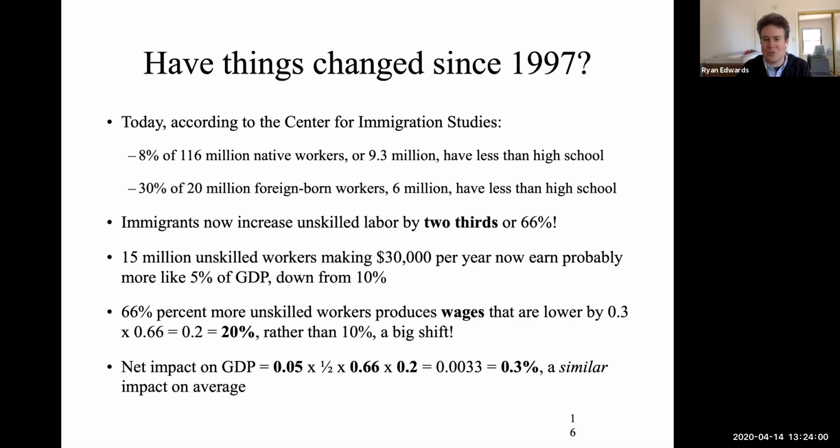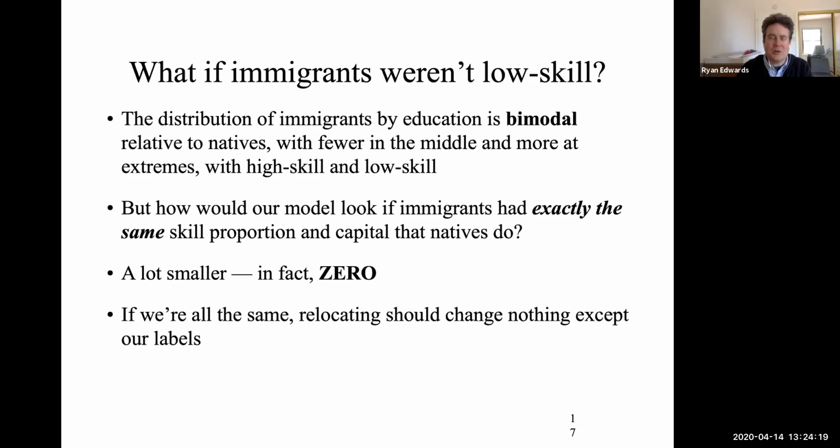in shorter supply, and some would have been much better off if magically you could just remove all of these low-skill immigrants, which of course is a tough scenario to really think about playing out, but that's what the numbers imply. Now the fact is, of course, not all immigrants are low skill, and to get our heads around what